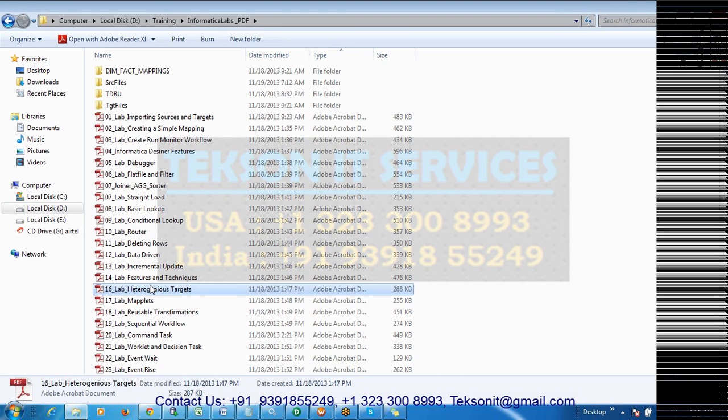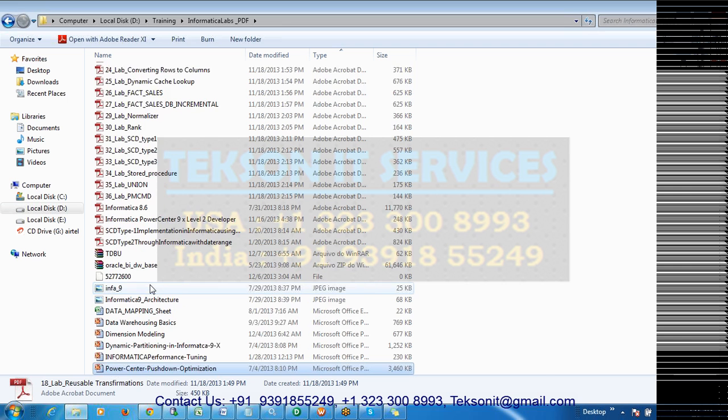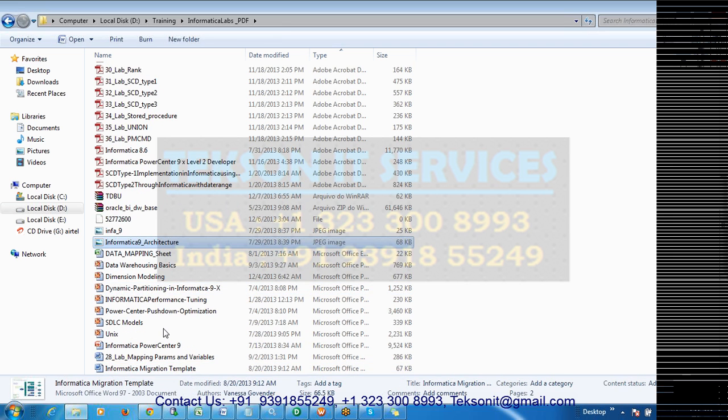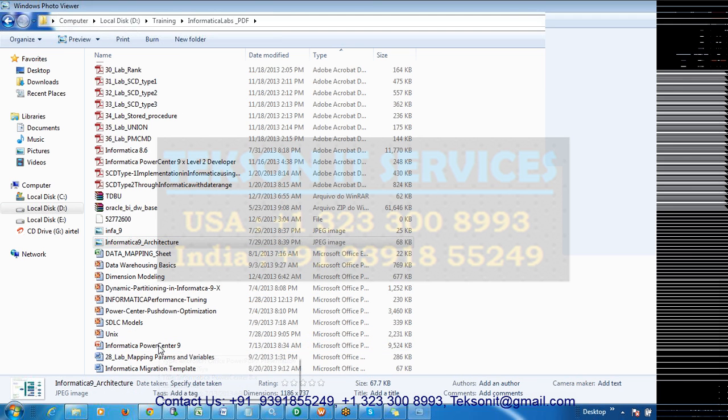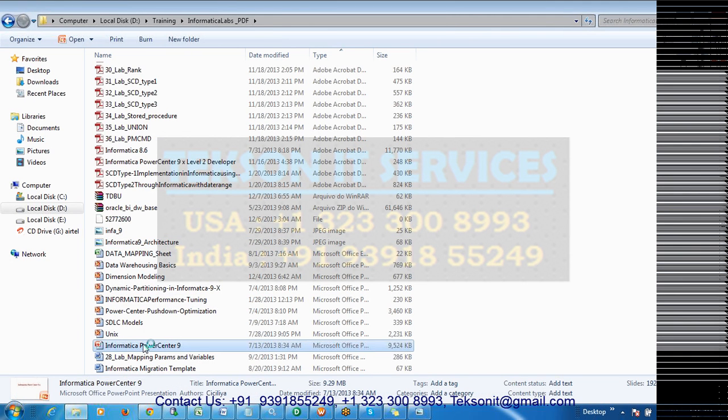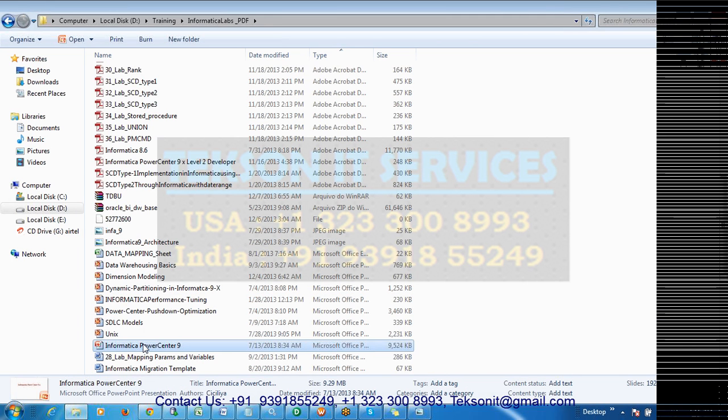If you look at the old architecture, let me just show you the 8.6 architecture, how it looks, along with the 9 architecture. And if you see, this is the 9, what they have changed in Informatica 9. But if you see the old Power Center architecture, how it looks,